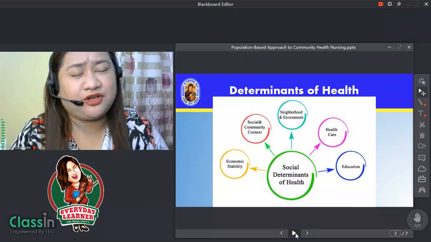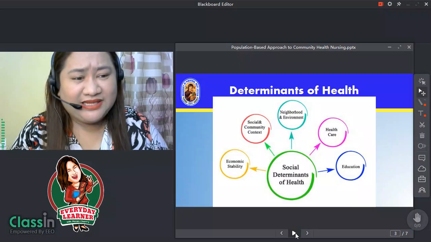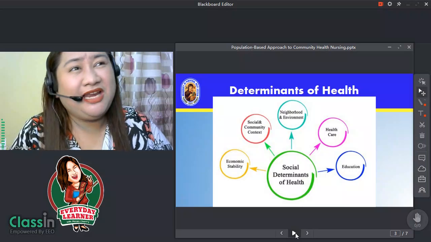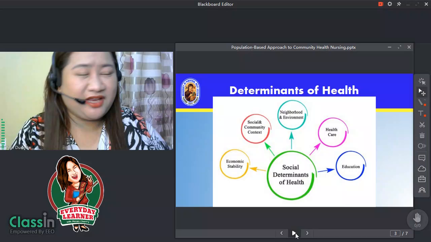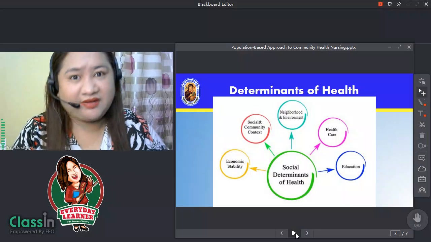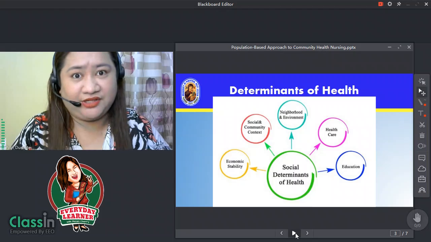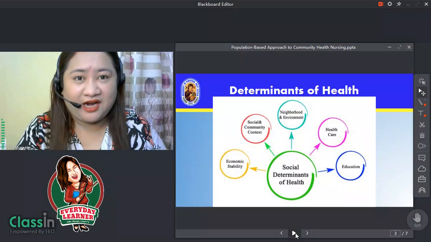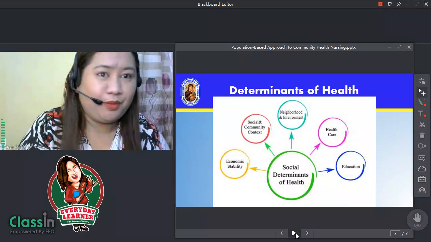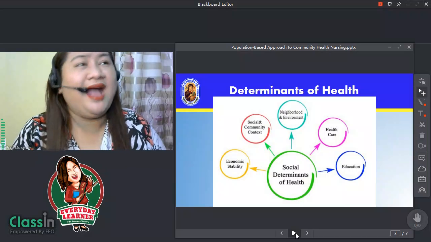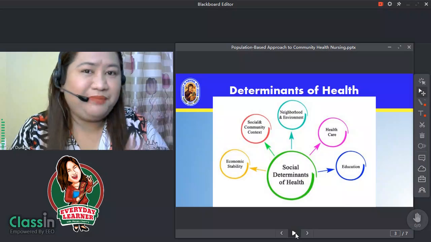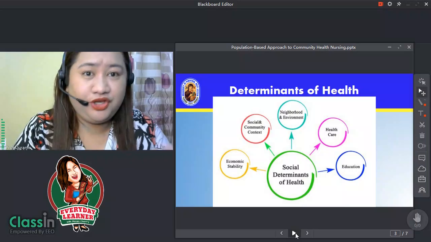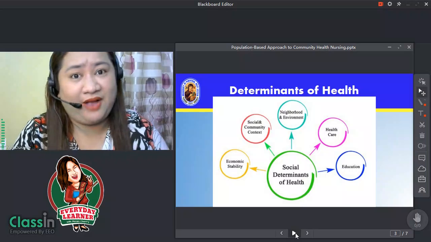In my experience, in terms of medical missions, we see people deprived of primary healthcare just because they're far from the nearest health centers or rural health units. Another is in terms of healthcare: is healthcare available for you? Do you have insurance? So this plays a factor in terms of your personal access to health or your community's